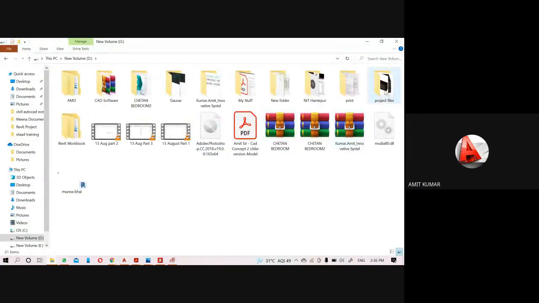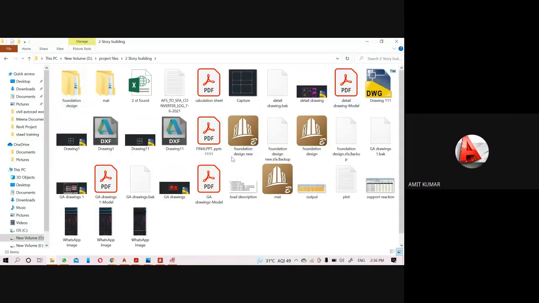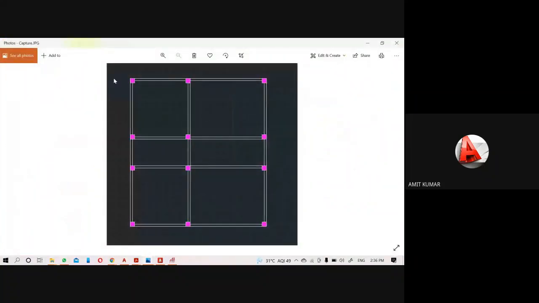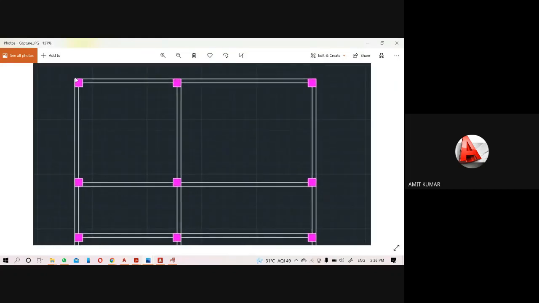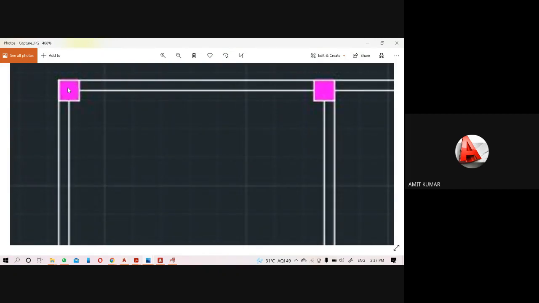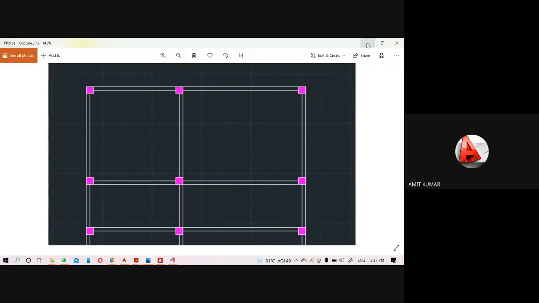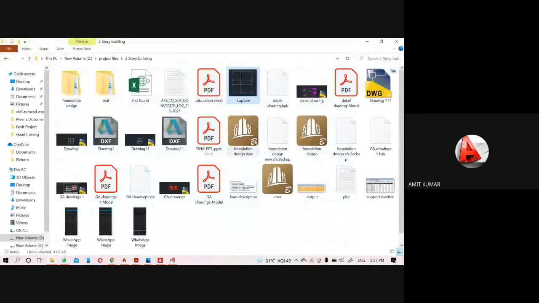I have a few projects, like a two-story building here. So this was a 2D plan. In this 2D plan, the first thing is we will create a line from the center point of the column. Like this is a column, then there is a single line. It will be from center to center. So we have to create a center line here. Then after we will import it. After creating the simple line, your project will be shown like this.